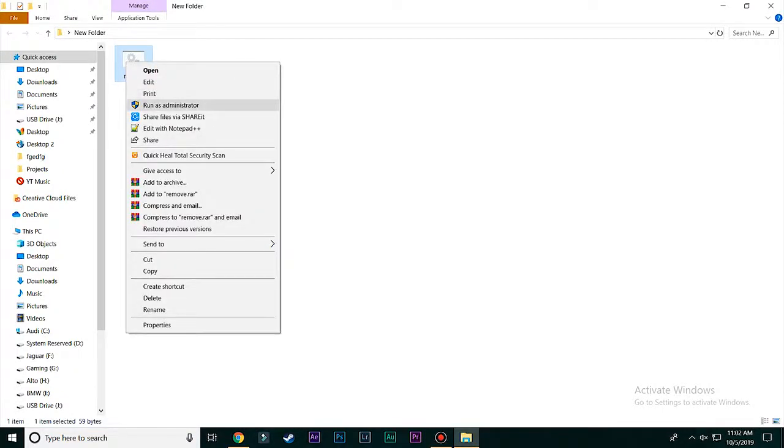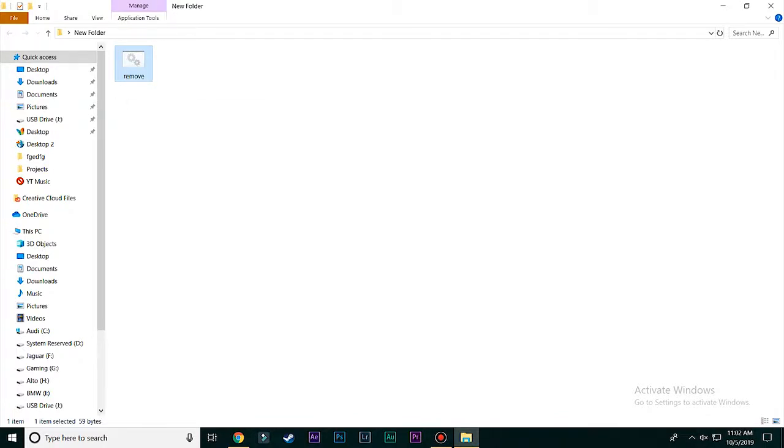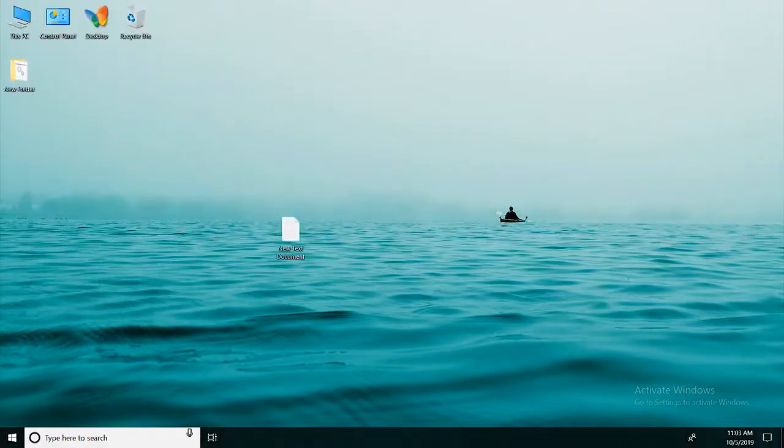Once you do that, it will go all blank on your computer. Something blackish will be happening on your computer, just like this. But don't worry, sit back and stay calm. And once that is done, it will be back to normal. But as you can see, the Activate Windows logo is not gone yet. You need to restart your computer in order for that to work. So simply restart your computer, get back and see whether it works or not.